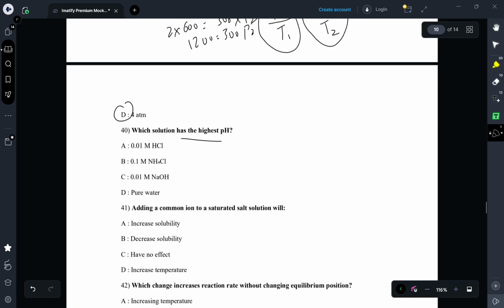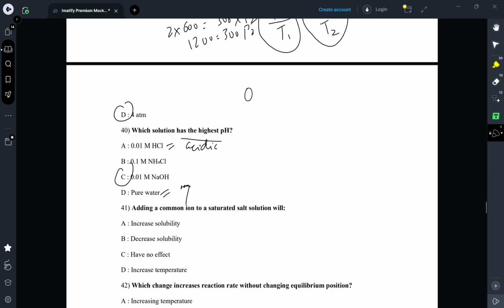Which solution has the highest pH? So first, this is the answer, because this is a really straightforward question. Pure water has a pH of 7. We all know this. HCl is acidic. So if I draw the pH scale here,